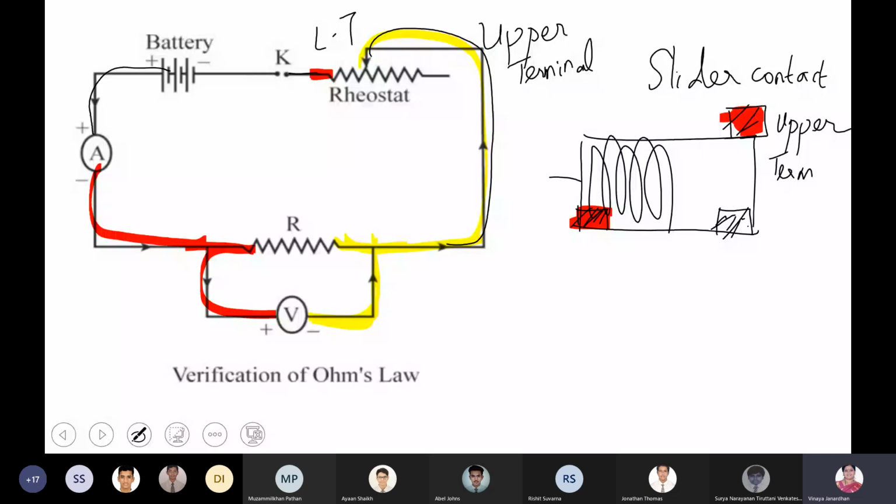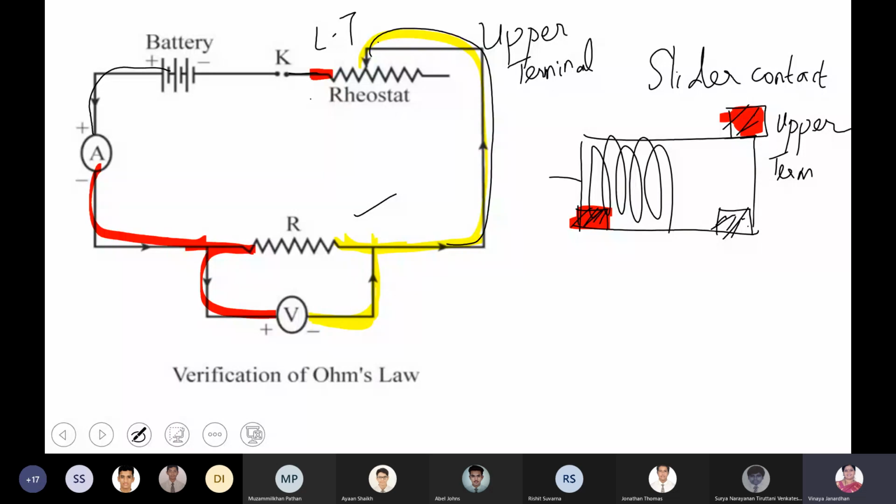You will be given a piece of wire which will be wound over a small piece of cardboard. Both the ends of the wire, you connect to two copper wires, right? On the right end, there are two copper wires. One goes to the upper terminal of the rheostat, one goes to voltmeter negative. On the other side of the wire, two terminals: one goes to voltmeter positive, the other one goes to ammeter. Then the rheostat's lower terminal, diagonally opposite the upper terminal, is connected to the key, from the key to the battery, and from the battery positive to ammeter positive.